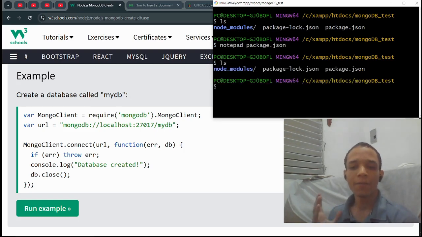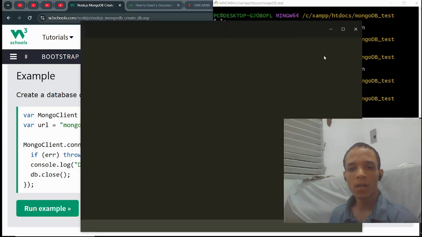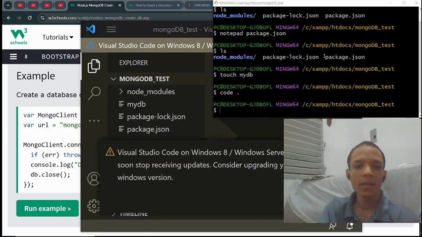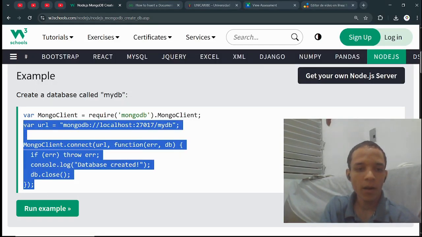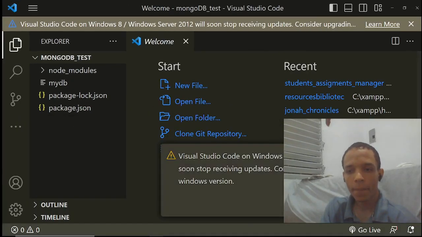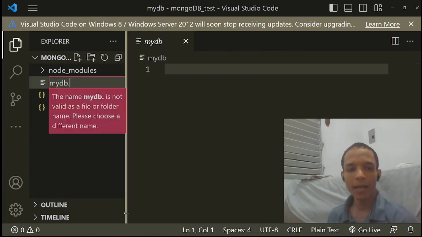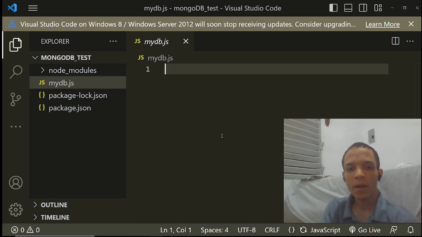So after we have this, what we're gonna do is just to create a file. So, for example, MyDB, and this file is going to contain what we need for the project. So let's make a code here, and you see this code that is over here. Let's copy this, as simple as that. And let's go here, and you see MyDB. Let's rename it to .js, and in here we're gonna place that,